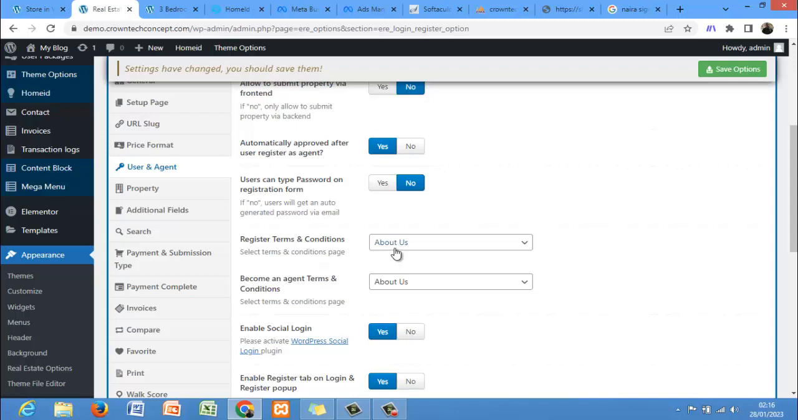Now in this part, you don't need to use about us as your terms and condition page. Go and create a page, name it terms and condition. So after you have designed the page, just come here and select it. Now enable social login, no, we don't need to enable social login. So all this,